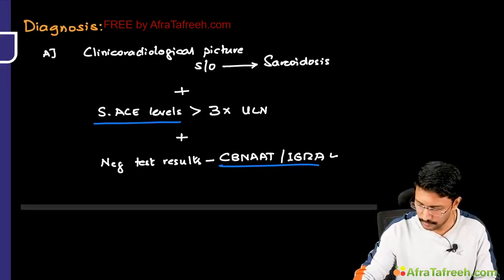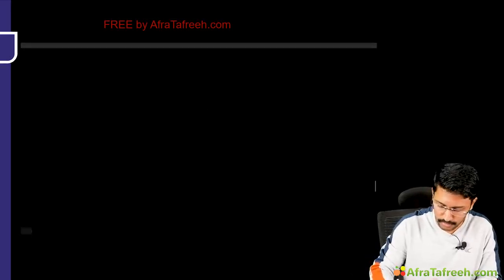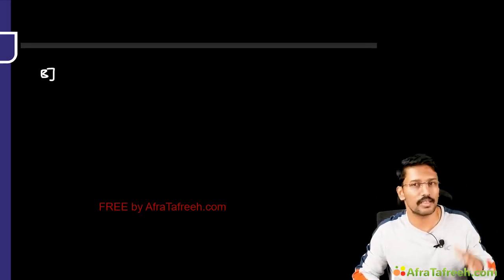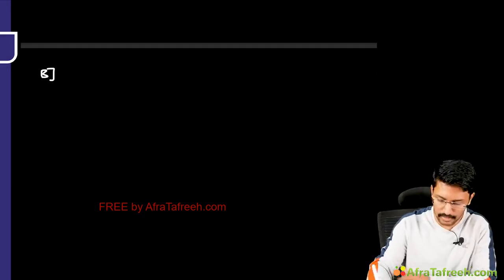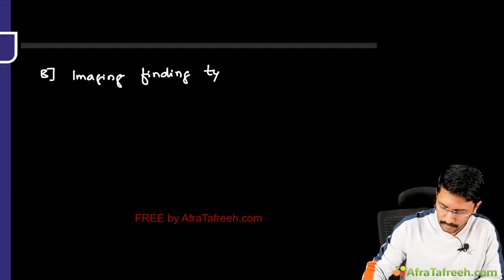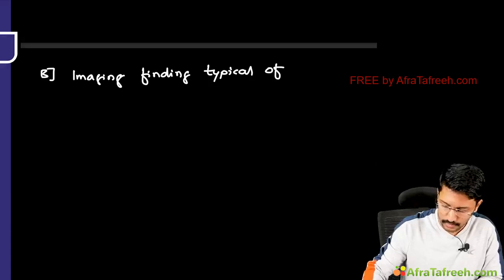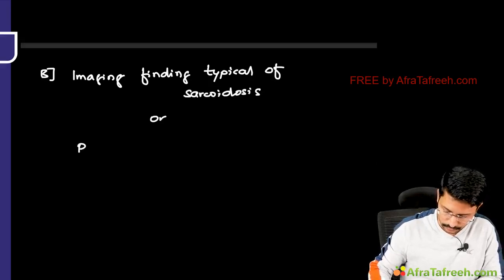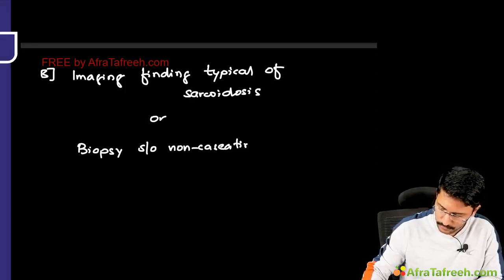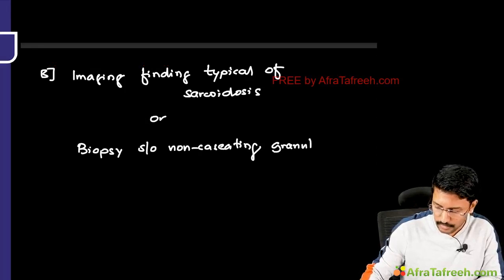The next thing is we need to confirm the sarcoidosis, right? So let me put it under B so that you can clearly remember it. Now, how do I go ahead and establish that this is sarcoidosis? For that, either I need imaging findings typical of sarcoidosis, or a biopsy of the affected organs suggestive of non-caseating granulomas. And because the lungs are most commonly affected,